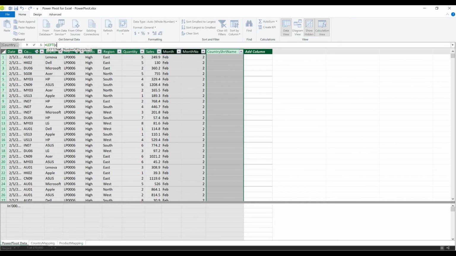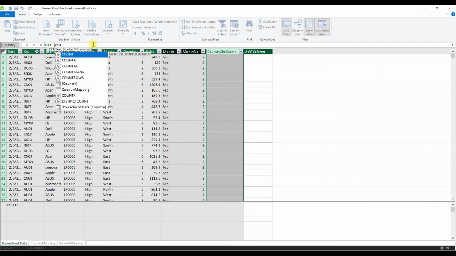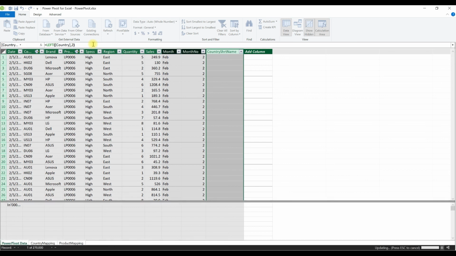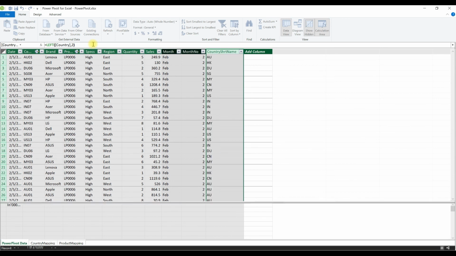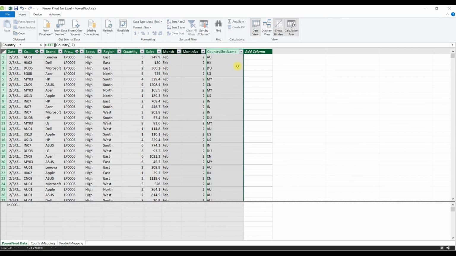Use country, this is the country column, comma 2, because I want only the country code. The short name is only the first 2 characters. Just enter. Now you got the country code. Similarly, you can do it for the product also.